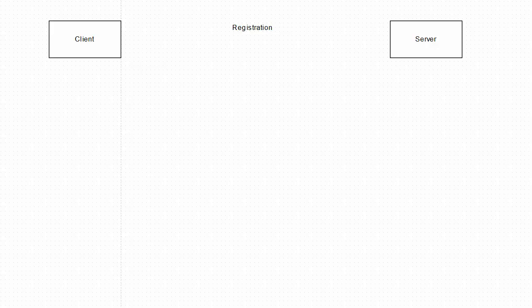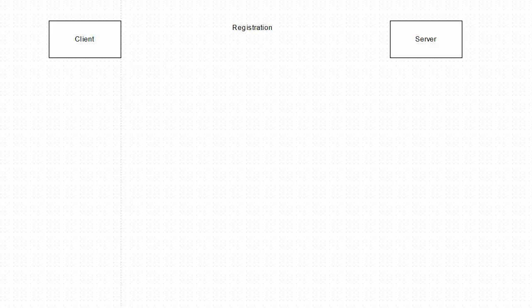So first of all, we have obviously the client and the server. Now, registration, when the client first signs up, should really be done client side. Some of the processes should be done here on the client side. You can do it server side if you've got a web registration system. There's no problem doing it server side, but for maximum security it should be done on the client. So for this demonstration I will show these processes being performed on the client, but some of them can be